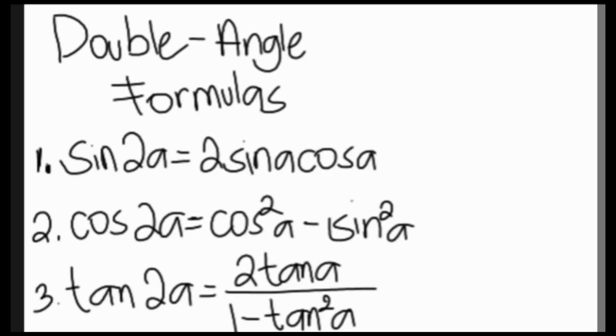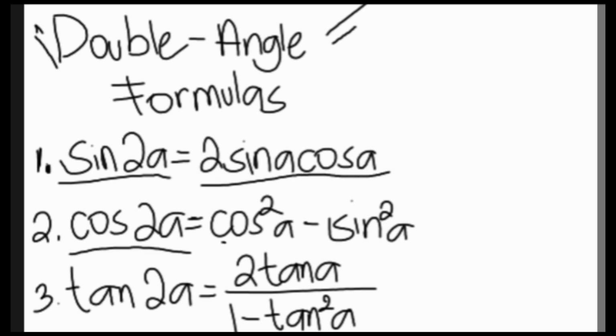And now I am sharing with you the double angle formulas of trigonometry and how trigonometry helps us in a real world scenario. So we are now here with the double angle formulas. There are three formulas. The first is sine of 2a is equal to 2 sine of a cosine of a. The second one is cosine of 2a is equal to cosine squared a minus sine squared of a. For the tangent, we have tangent of 2a is equal to 2 tangent of a over 1 minus tangent squared of a.